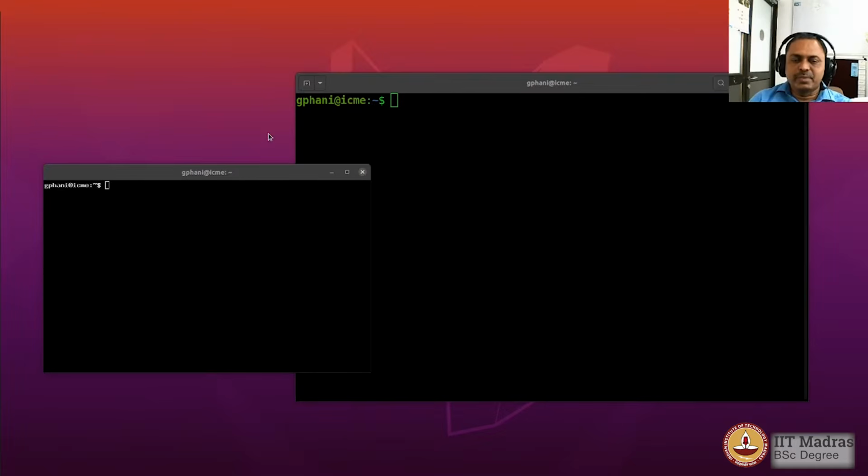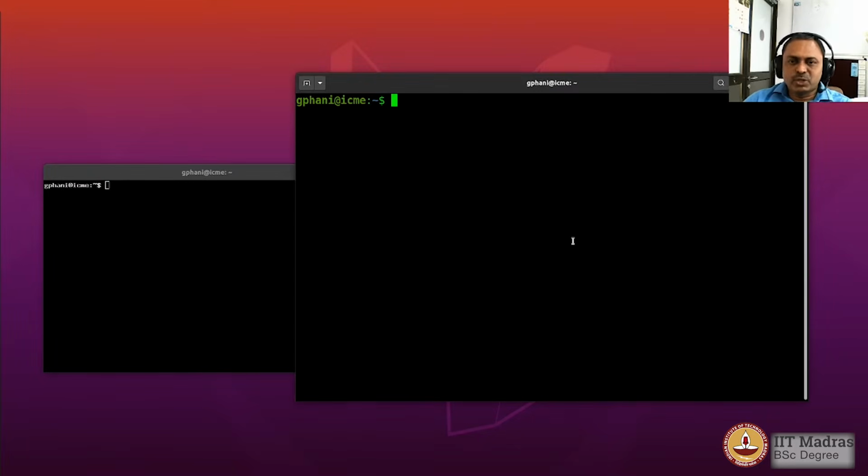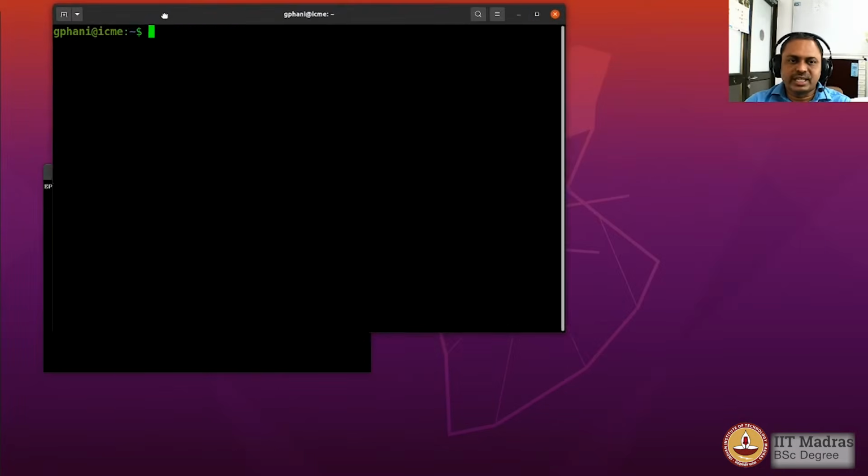And a third terminal emulator would be Quake, which we activate by pressing the key F12, and by pressing it again we can deactivate. Once you install it and run it once, then it would be in the background listening to your command, and you can open it or close it at your wish. There is another terminal emulator called Console, which is available for the KDE environment on Ubuntu as well as other Linux variants. For most of the session, we will actually look at the Terminal app, which is acting as a terminal emulator for us. Let me maximize the window so that we can see the commands clearly.